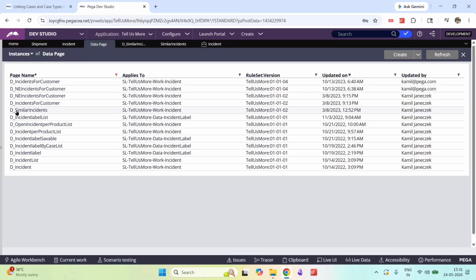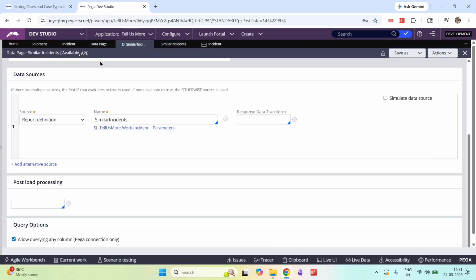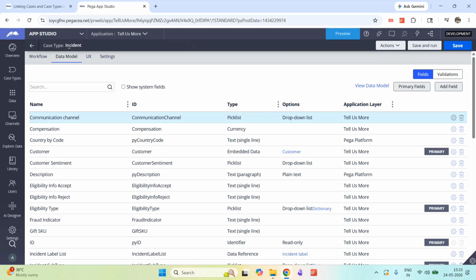We already have this similar incidents data page. This data page is getting sourced by this report definition. So we need to present a UI to the business where we give those case IDs where the incident type and the incident subtype are basically the same. And for that, we will be using this data page. So inside the incident case type data model, we create a new field